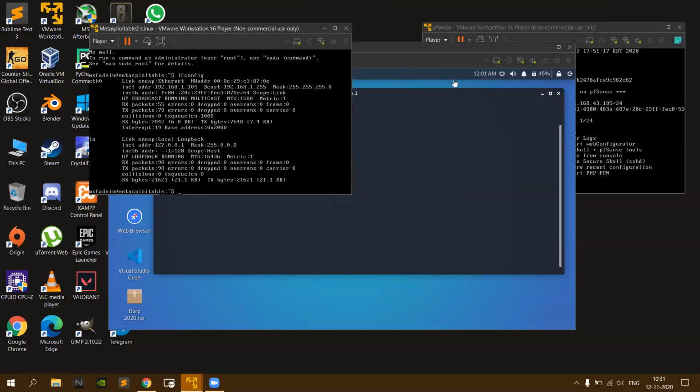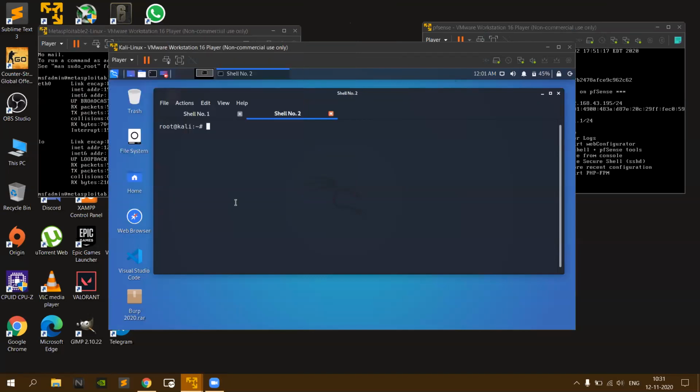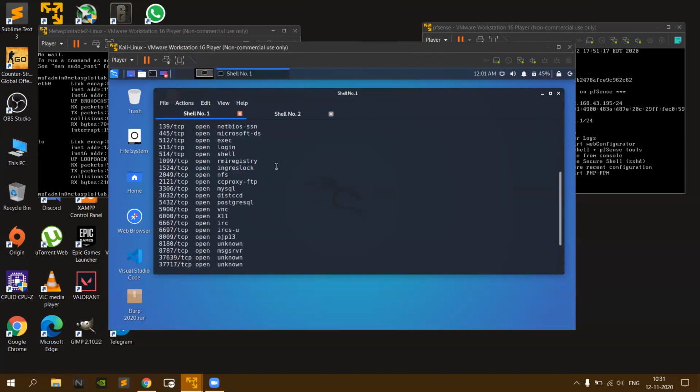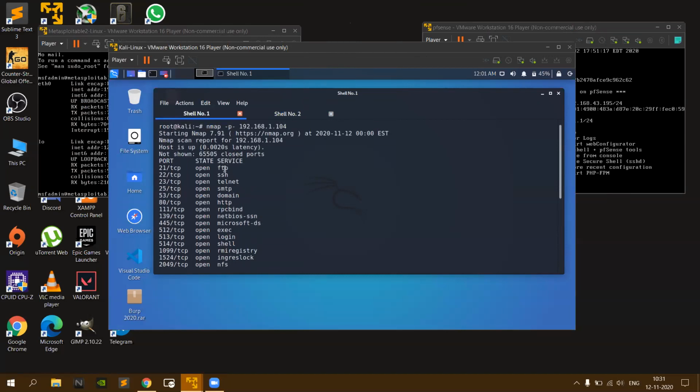First, I am scanning for open ports using Nmap. So I can see the FTP server running. This is the vsFTPd service, the vulnerability you are showing on your screen, and it is running on port 21.